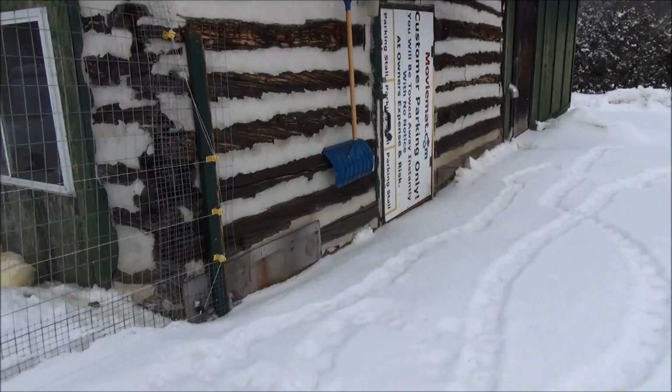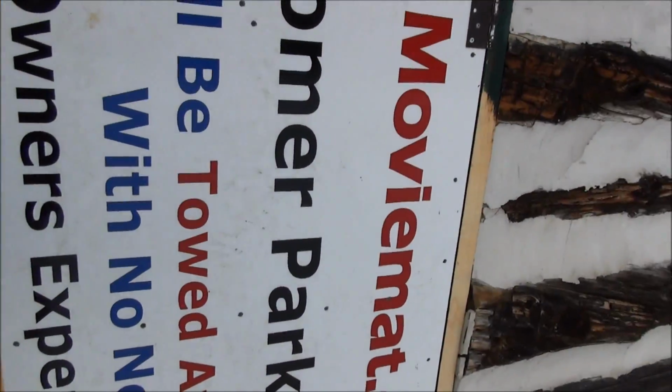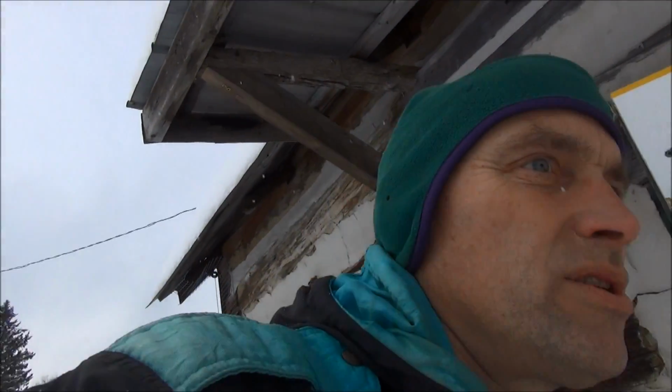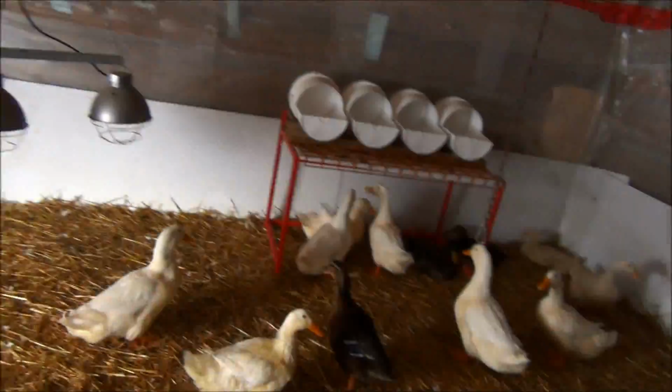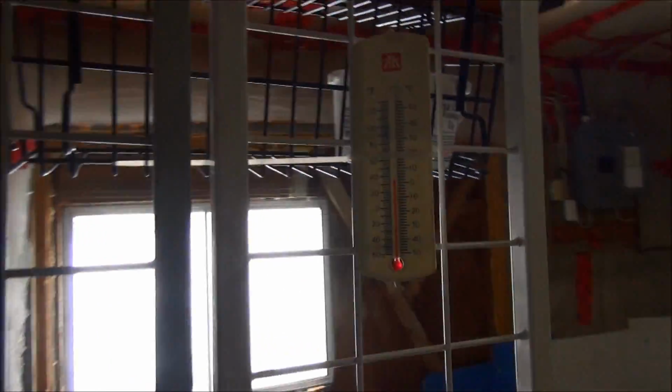Let's just take a look at the barn here, what our egg situation is. Absolutely beautiful though. I can't believe this. The temperature right now is, oh, my mic just turned. Things aren't working right here this morning. Alright, here we go. Fix the camera. Snowflakes are probably causing the touchscreen to do weird things too. But it's gorgeous out. Like I said, it's 5 degrees right now. Hello, duckies! Even in the barn right now, it's still about 3 degrees, so...